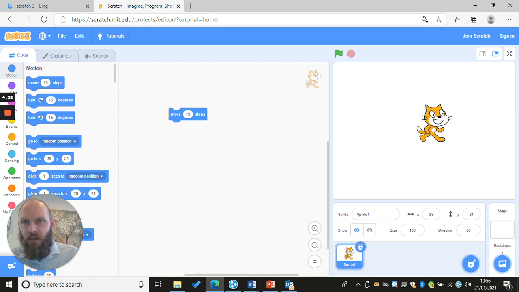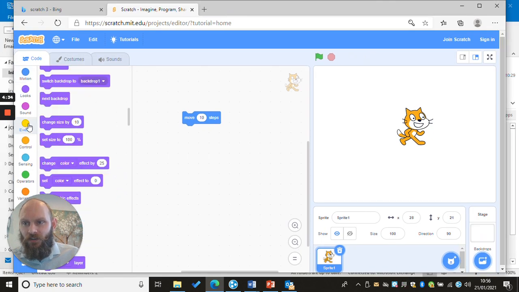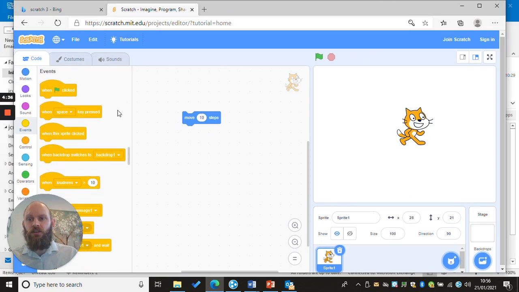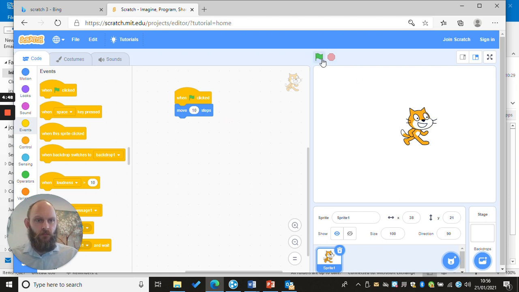Because when I click on events, it shows me all of these "when" conditions. So when something happens, I want something else to happen. So I could just say, when I click on the green flag, then move 10. And you can see he is moving a little bit along. Now I could change that a little bit, say I can move him 20 every time I click on